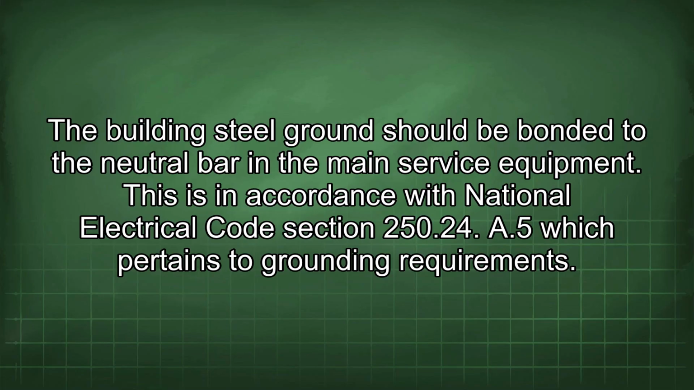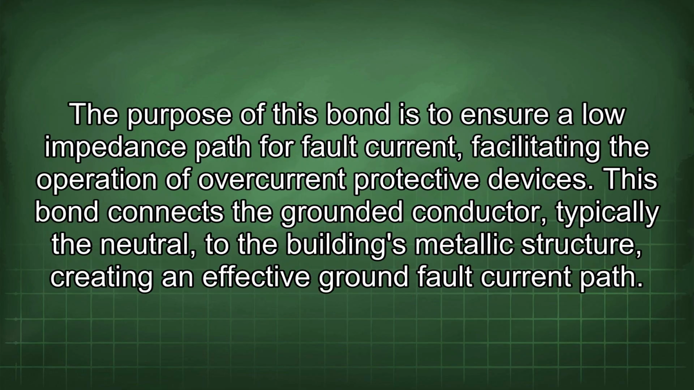Building steel ground should be bonded to the neutral bar in the main service equipment. This is in accordance with National Electrical Code Section 250.24(A)(5), which pertains to grounding requirements. The purpose of this bond is to ensure a low impedance path for fault current, facilitating the operation of overcurrent protective devices. This bond connects the grounded conductor, typically the neutral, to the building's metallic structure, creating an effective ground